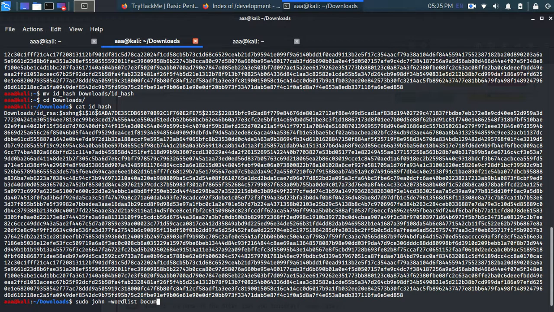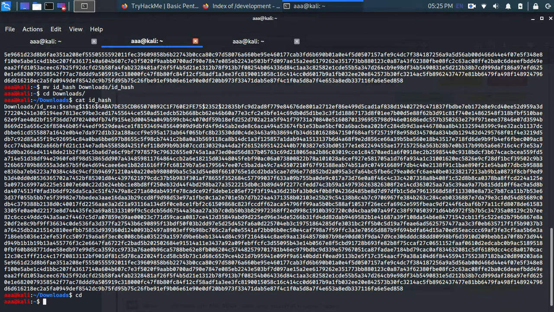Sorry, it's lagging. It's a 4 GB PC, but don't worry. So let's do sudo john --wordlist equal to documents slash rockyou.txt, and our file name is in downloads, and the name was id_hash, and let's press enter.